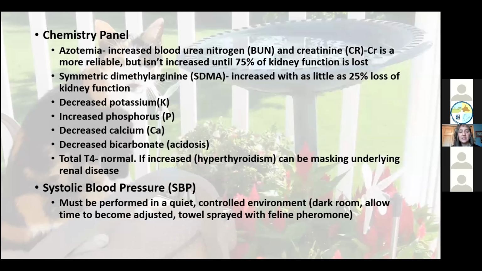And in these cats, you want to be taking a blood pressure. Specifically, we're looking at the systolic blood pressure, because again, chronic kidney disease and hyperthyroidism are the two most frequent diseases seen with hypertension. Big key to this is that it must be performed in a quiet, controlled environment. So you want to have a dark room, and allow time for the cat to become adjusted to that room. You may want to spray a towel with a feline pheromone to help the cat get calm,